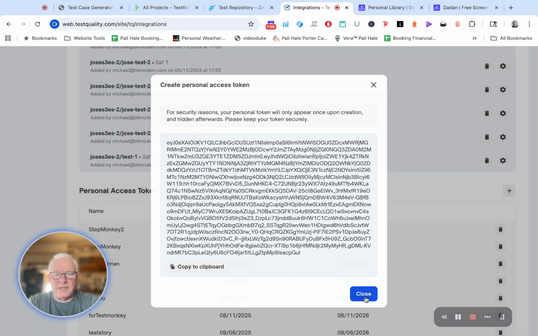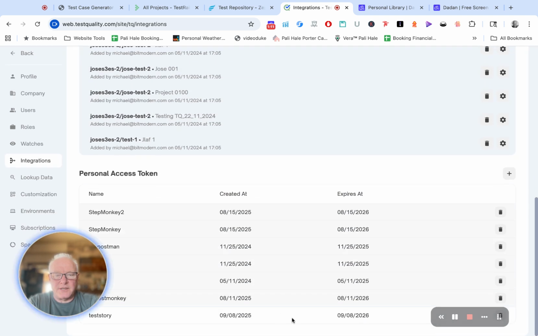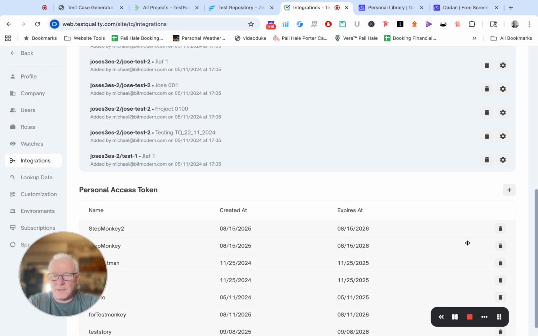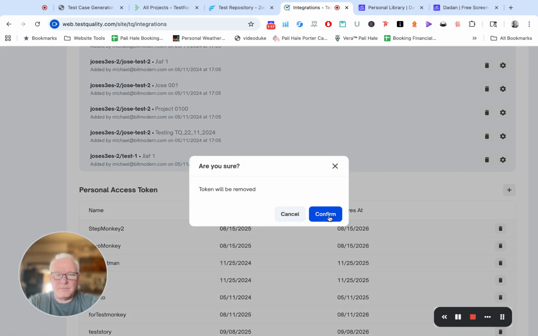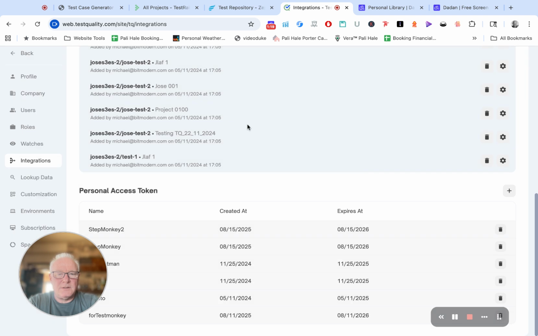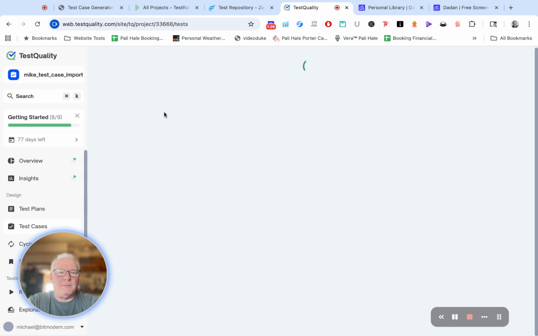We'll go ahead and close it. So once you have that, you've created your token, copied it to the clipboard, then come back over